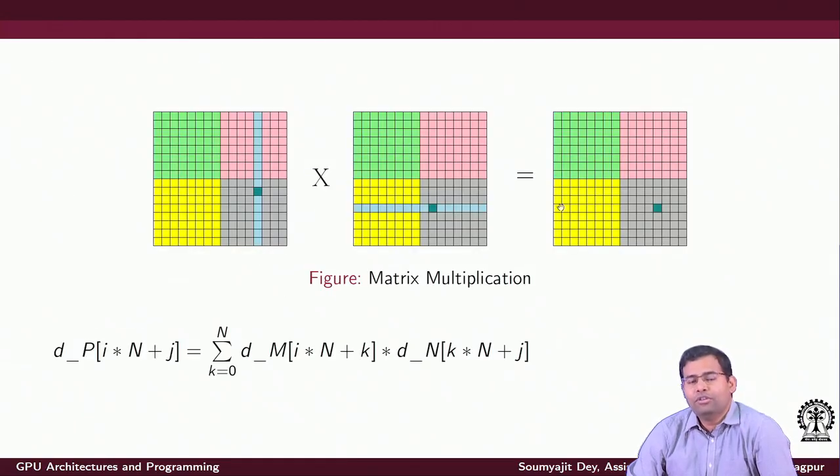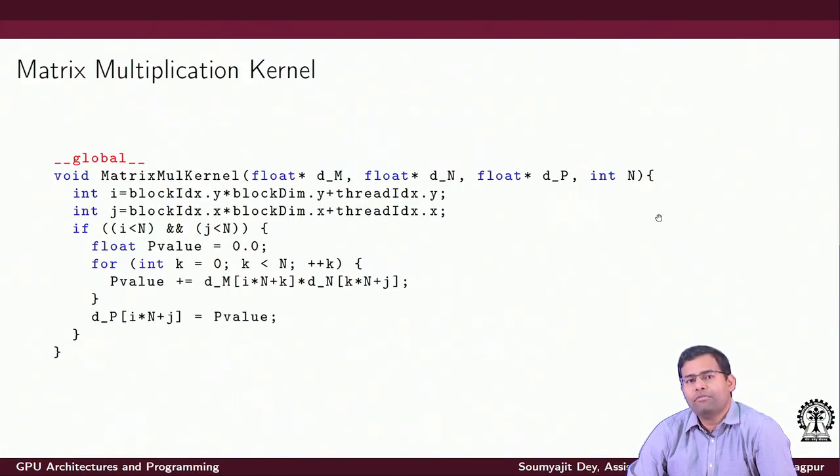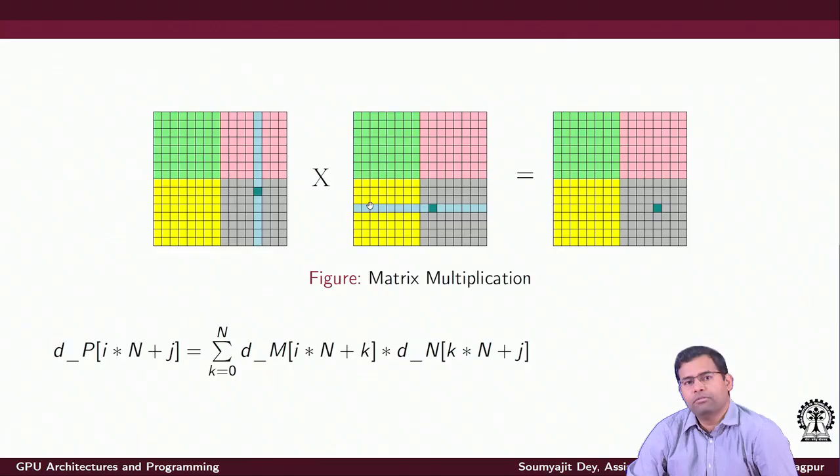And then you are trying to figure out what is the shift in the y axis further inside this block. Now that shift is, as we know, 0, 1, 2, 3. So that's the value of the threadIdx.y variable. That's why for computing i, we write blockIdx.y times blockDim.y, all in the y dimension, and we add the shift, that is the threadIdx.y value. So this gives me the value of the row, the target row for which I am going to do the computation. Now similarly, I can compute the value of j.